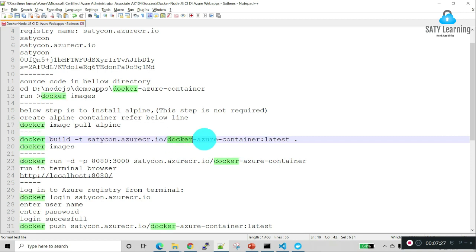Here I am giving the folder name which I created in my terminal, and I am giving latest as the version name. The dot is the current directory, so it will take the source code from the current directory. Let's go and run this command.